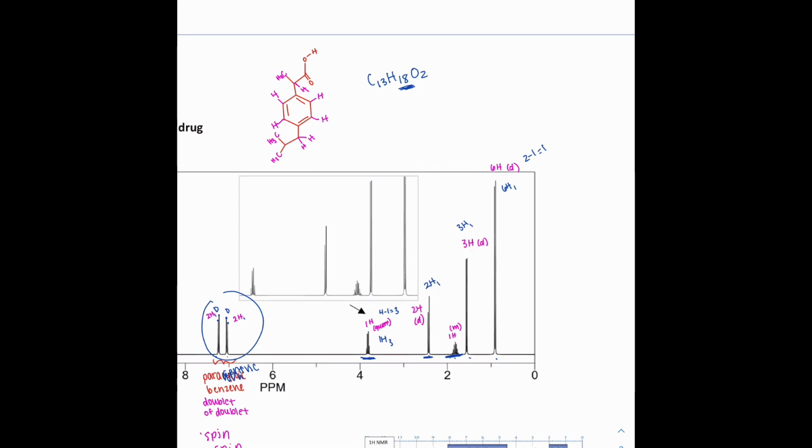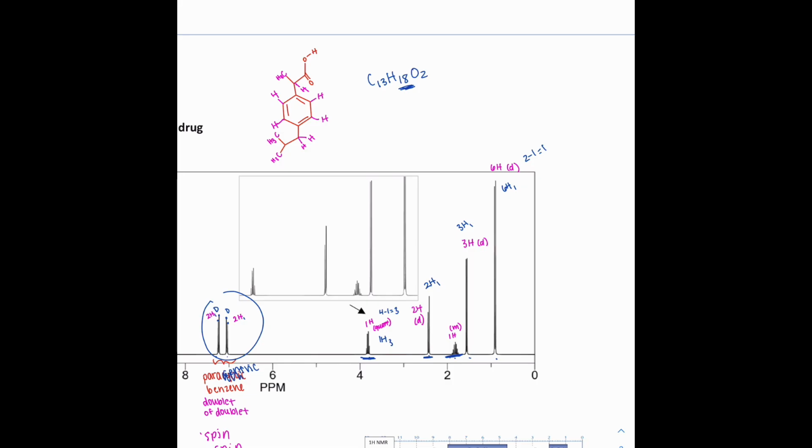I think it's really going to be characteristic of this carbon right here, this implicit hydrogen that I did not draw out, because we have those 2 hydrogens to the right, and then those 2 methyl groups to the right, and together that's 8 neighbors, so that is a multiplet. So moving back here,